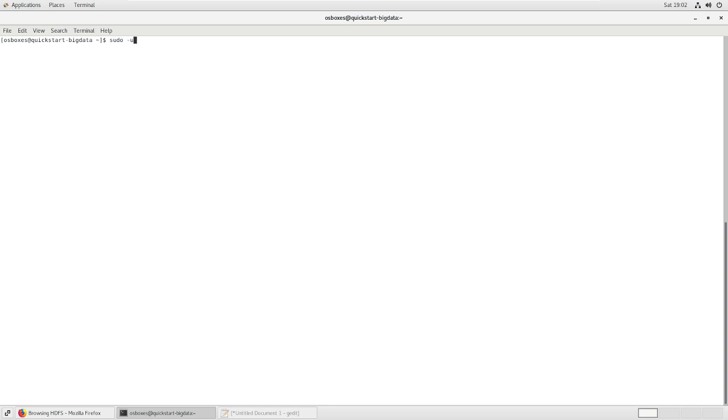sudo -u hdfs hadoop fs -mkdir /user/osboxes. If you want, you can also create /user/cloudera, because many people are used to working on /user/cloudera.